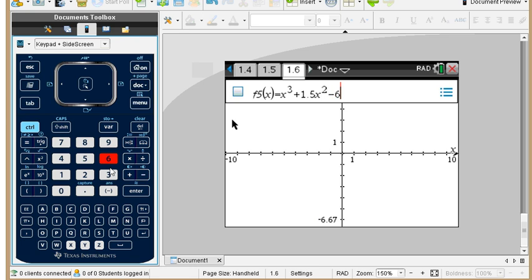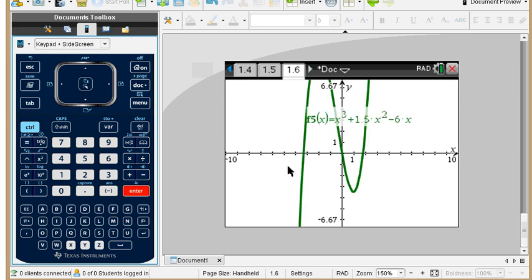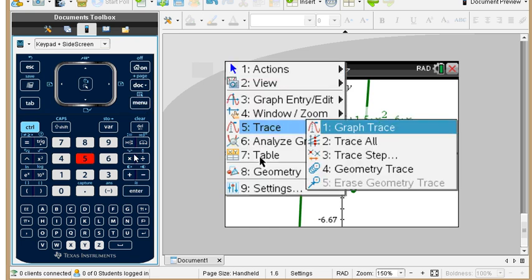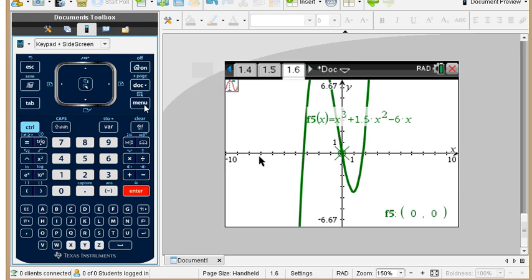Minus 6x. And we graph the function. Okay, so we see there's an interval here in the middle around where the origin is, where the function is decreasing. An easy way to do this is to press menu 5, which is trace, graph trace, and